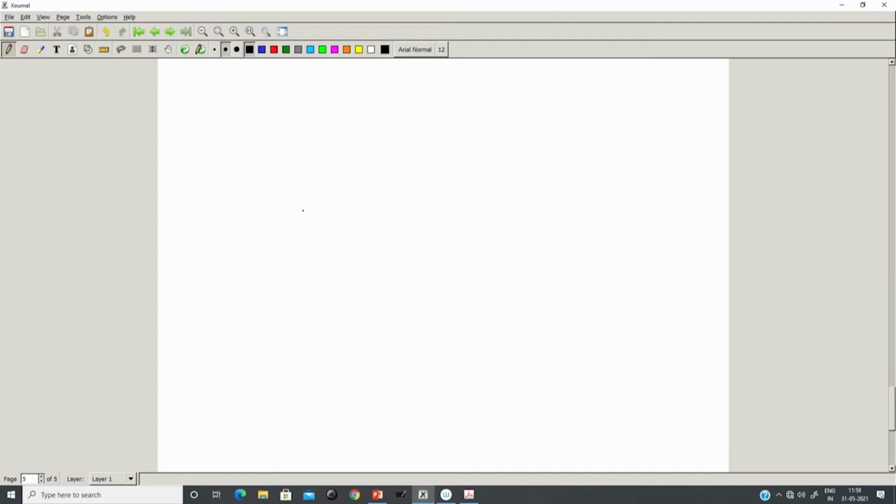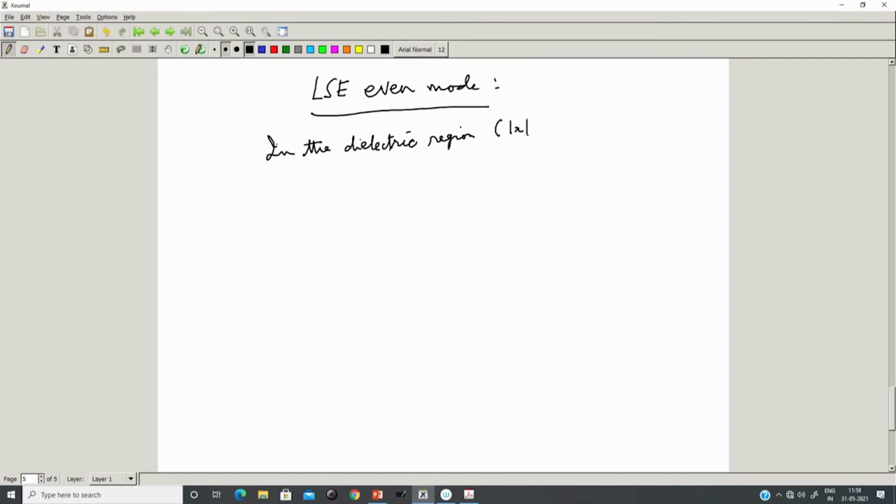So, now we do the same exercise for the LSE even mode. Let us write down the explicit field equations in the dielectric and air regions. So, for the LSE even mode, in the dielectric region, which is mod x less than or equal to b by 2, we have E x equal to 0,